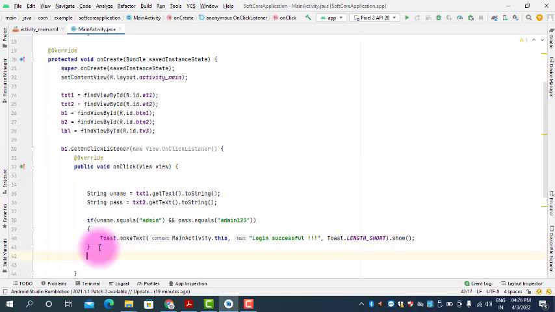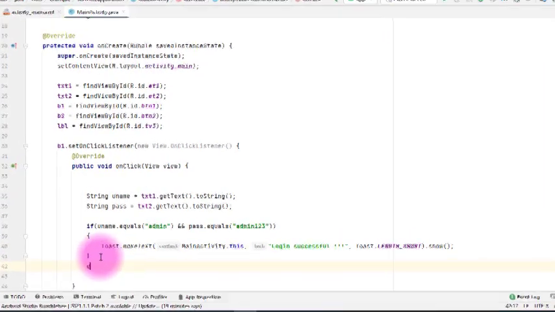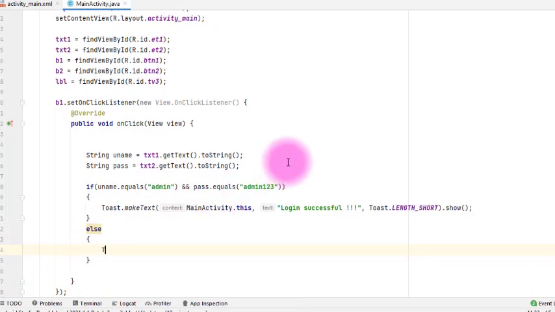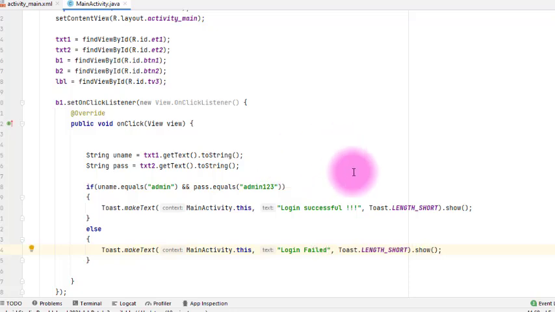After the if we write the else part. In the else part, we first print a toast message, login failed. Now in this application we allow the user to type wrong credentials 3 times.